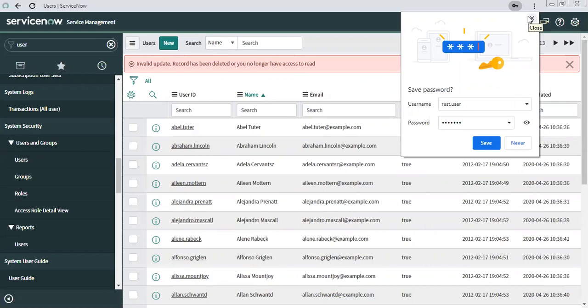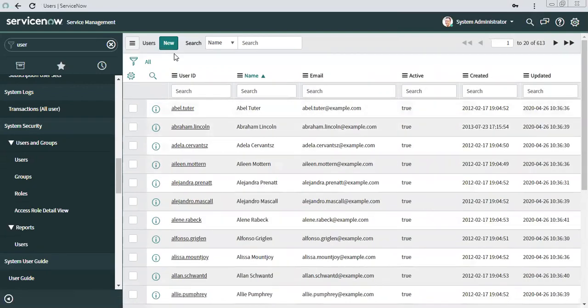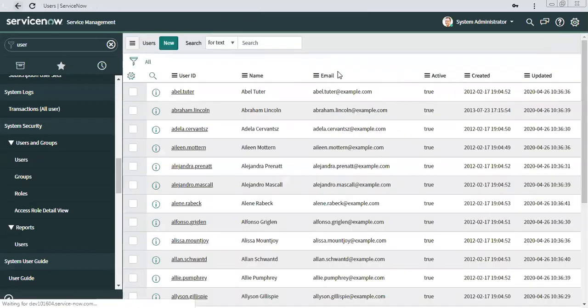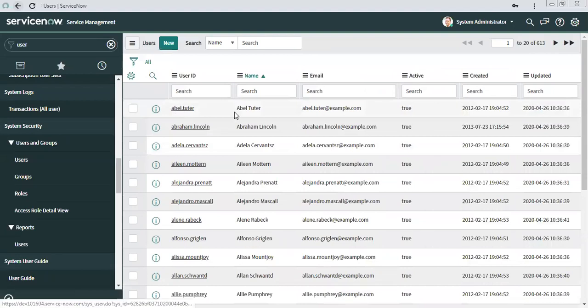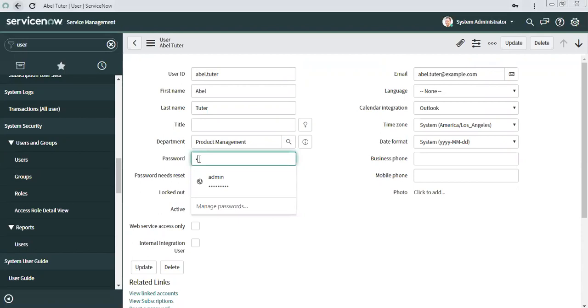Details are no longer accessible to read. Why? I can try it. Okay, let me use AbleTutor. You obviously have to create a valid user. So for the time being I am using AbleTutor, so let me first set some password for AbleTutor.